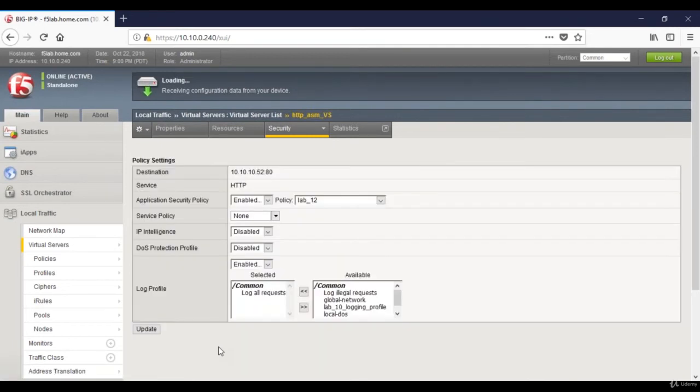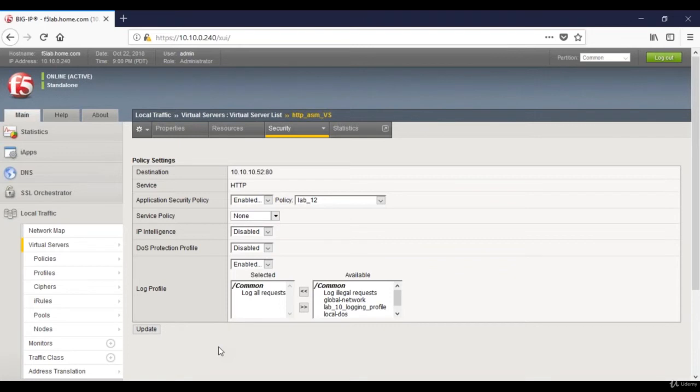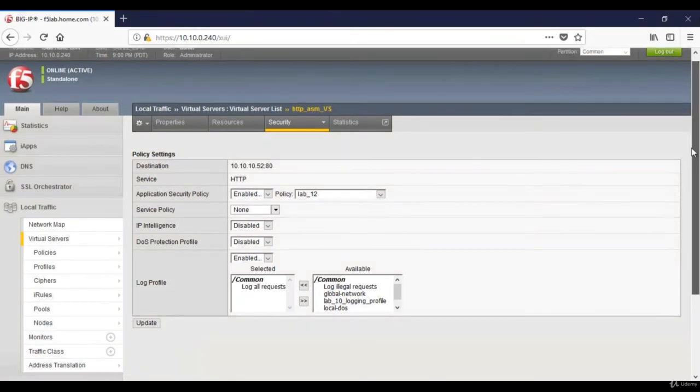So once I have updated my security policy to the virtual server, then let me go ahead to my policy settings,